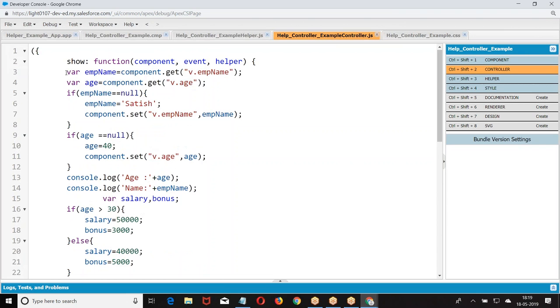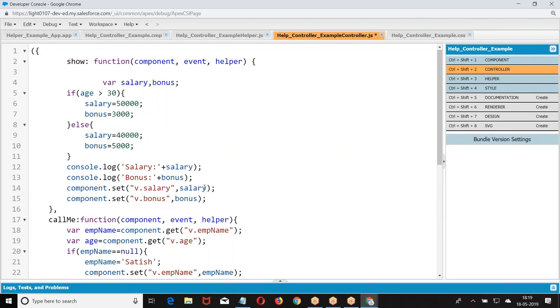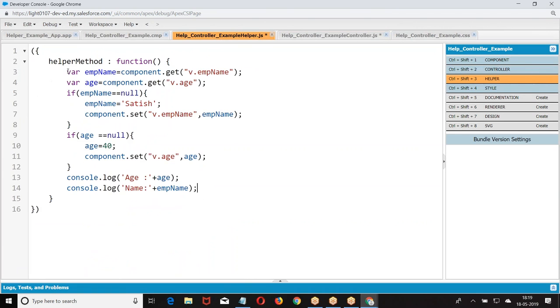Now whatever the code that is repeating, I have cut that code. I was defining that code in the helper. We can define anything of your choice. Now let's say my helper. Right. Now you have defined this. Now what is this component? I have to pass a component here.